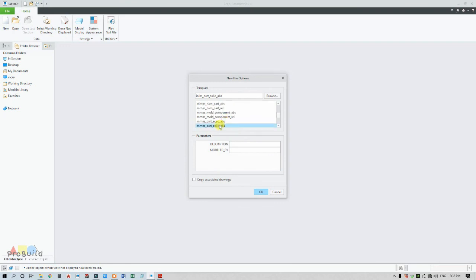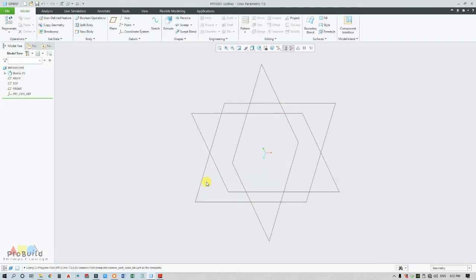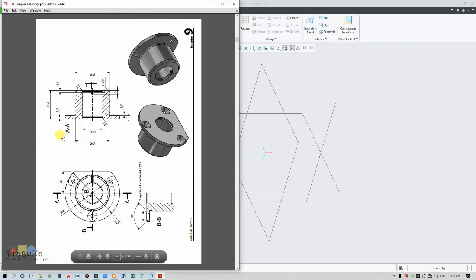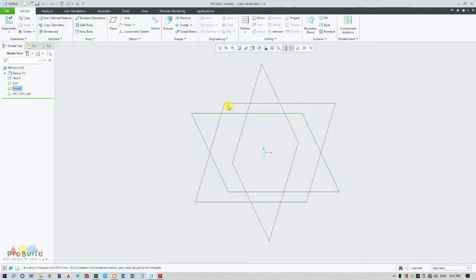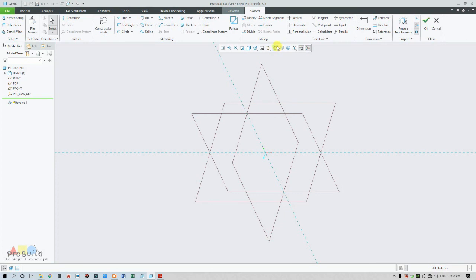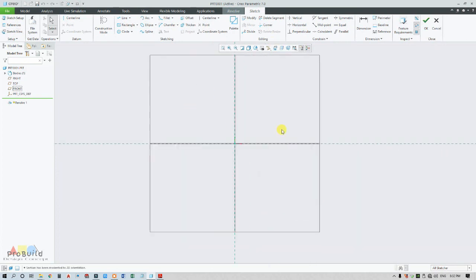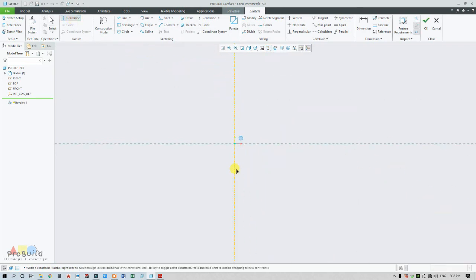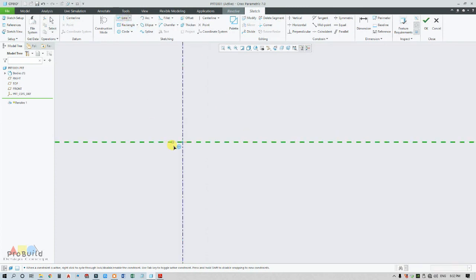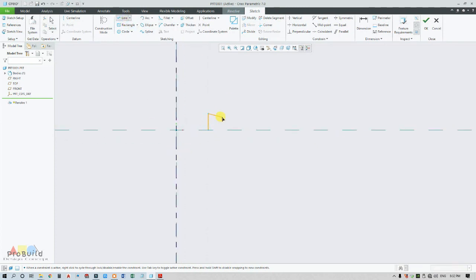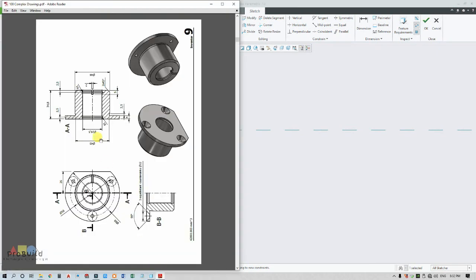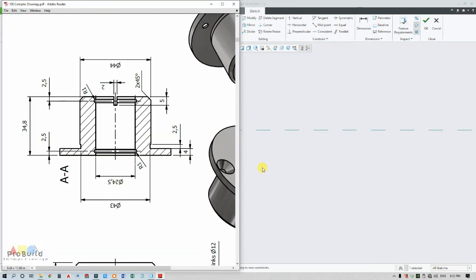Selecting MMNS part solid absolute method. I'm going to start with this section A-A. This looks like a front view, so I'm going for the front view, going for a revolve option to make it very convenient. Switch off the plane display. Now place a 3D center line along the y-axis. Draw a small vertical line and you can see the dimensions here.